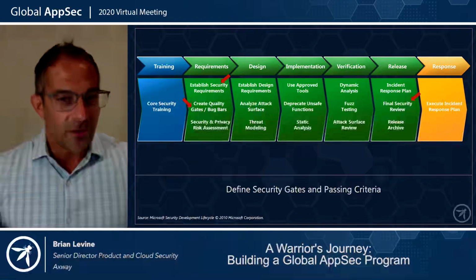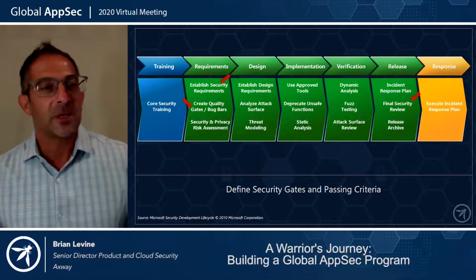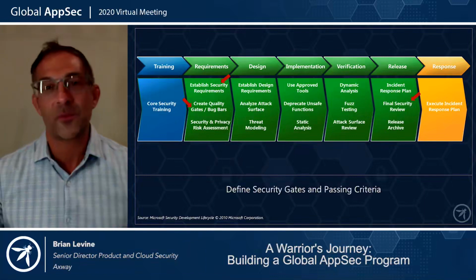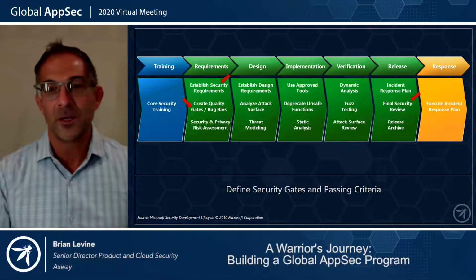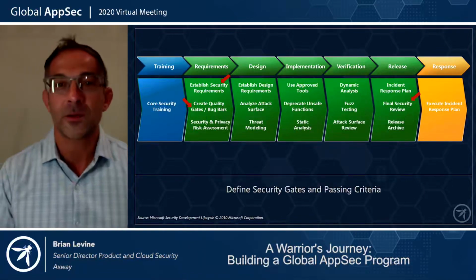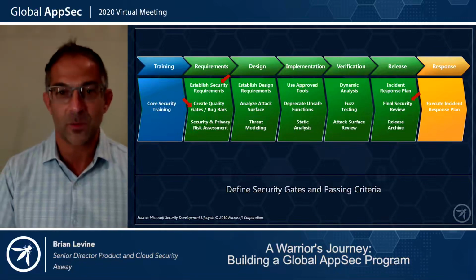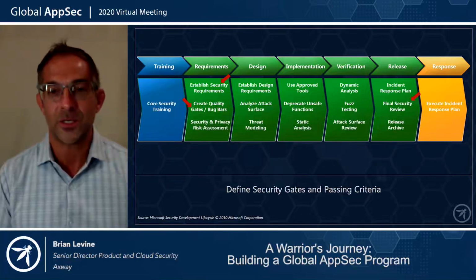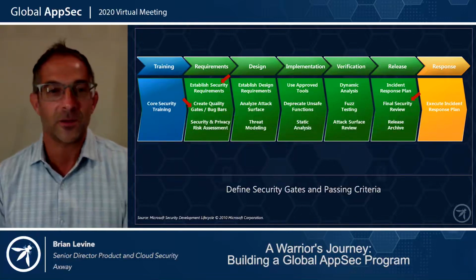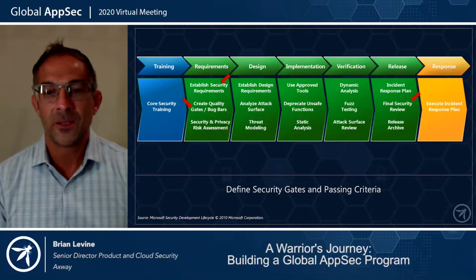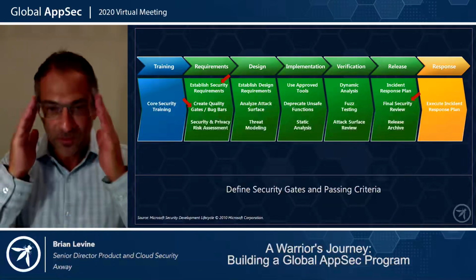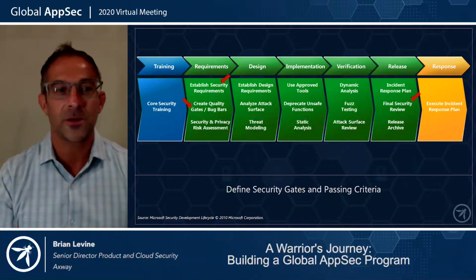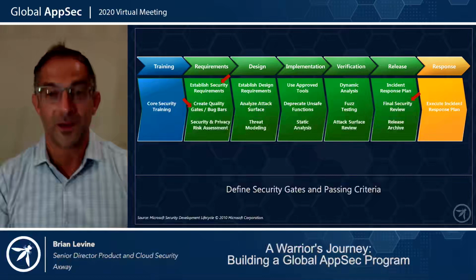And we want to integrate security in a way that it doesn't disrupt delivery and the life cycle of the product. So let the team know upfront, as far in advance as possible when they start developing this project, what the security requirements are, what the security bars are, and what the development team needs to do to achieve a passing grade on your security requirements. It's really important to document this, and to meet with the teams and go over the security requirements so that everyone knows what they are.